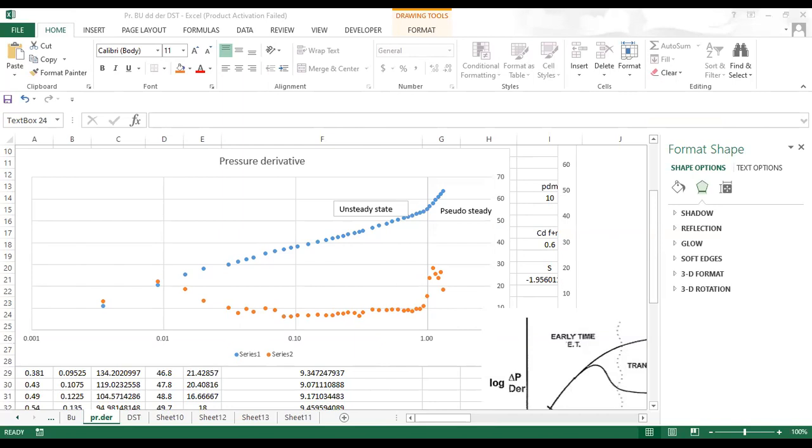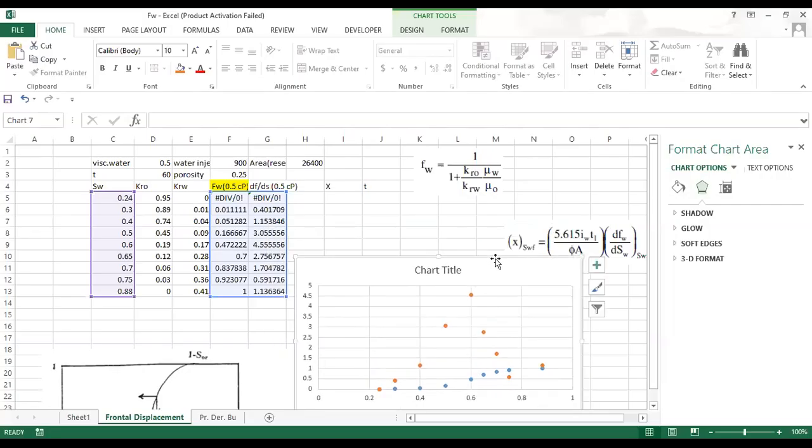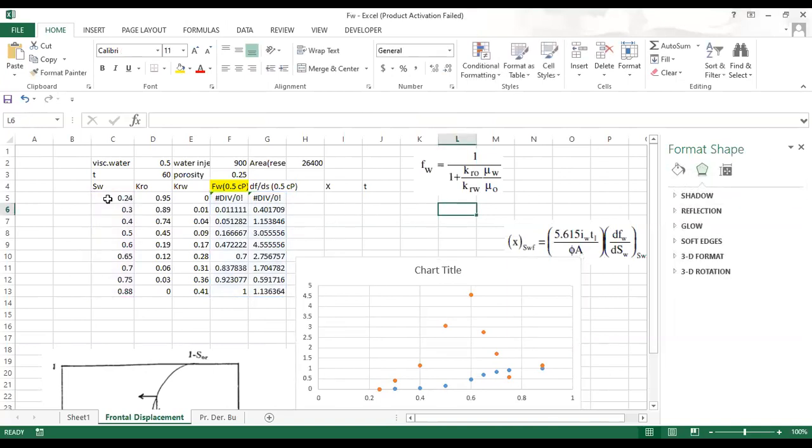So this is how my derivative graph looks. Since it is... so I will be summarizing what I have done. This is my SW value, and I have estimated the value of FW by all these parameters. This is the equation I used